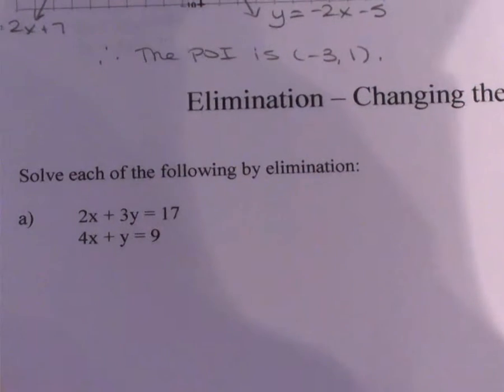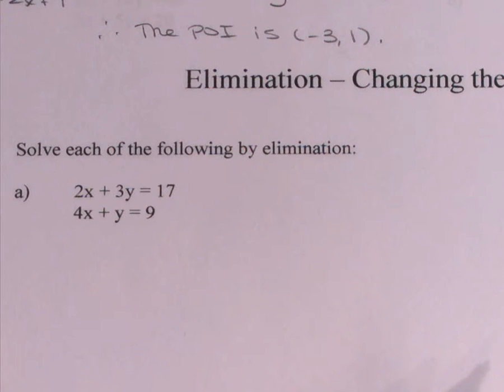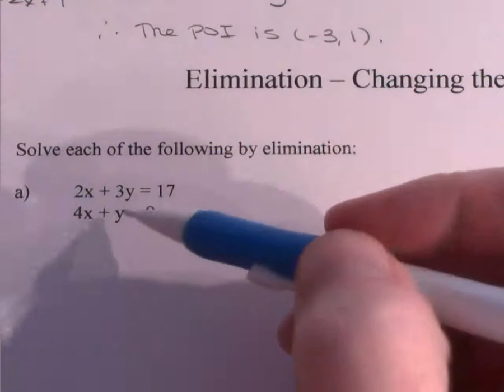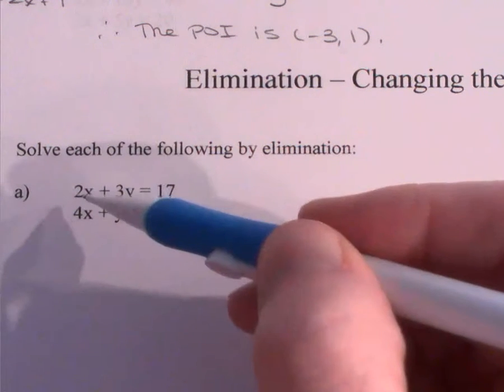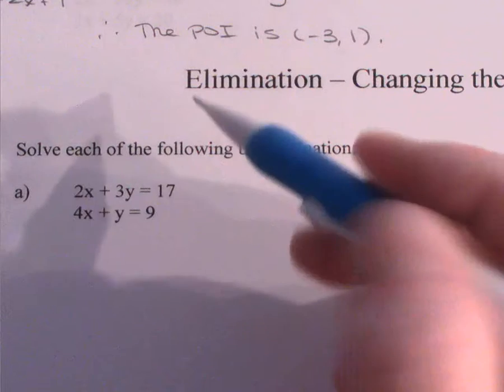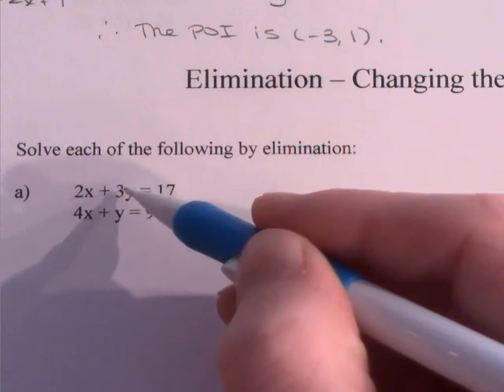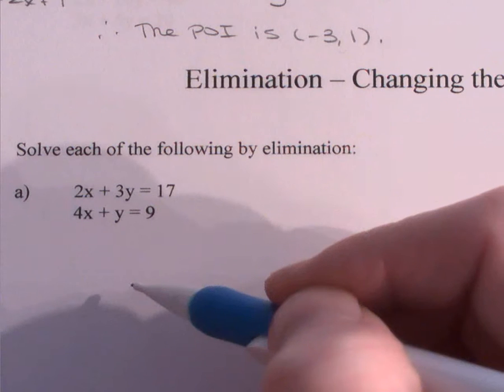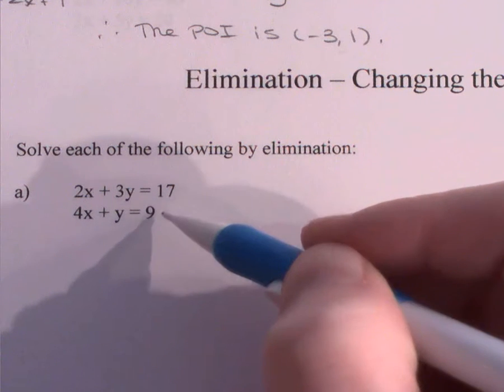So I need to eliminate one of the variables. What I'm looking for is the same number in front of the same variable. If I look in front of x, I could make both of them a 4 and then eliminate it. If I look at the y, I could make both of them a 3, because that's the same multiple, and eliminate it. But to do that, I now have to do something to equation 1, and I have to do